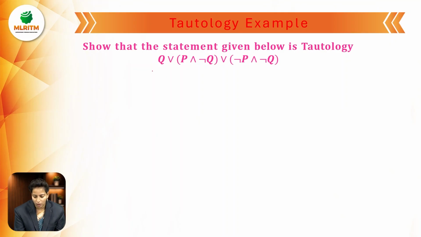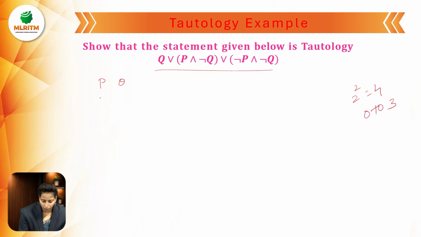So here, observe this example. Here only two variables. One is P, another one is Q. First write down P, Q. So in this case, we have only two variables. Two variables means 2 power 2 equals how many possibilities we get? 4 possibilities. That means 0 to 3. Okay. FF,